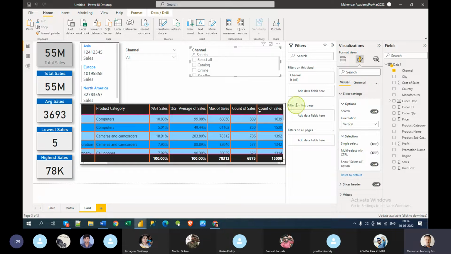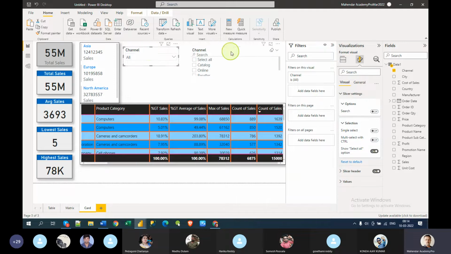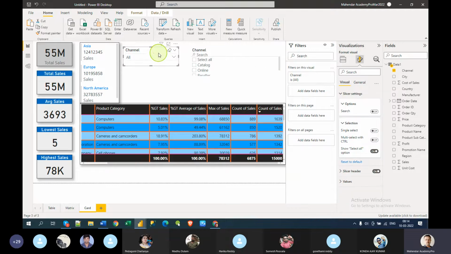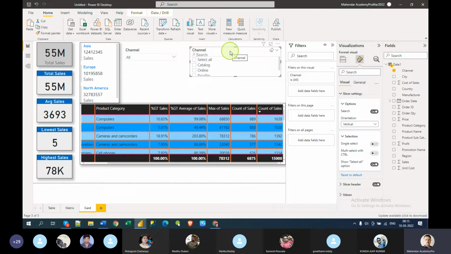So what we have understood is that, though list and drop down options are the same, this is for the text slicer. List horizontal orientation is available only for list, not the drop down or any other. Only list will have orientation, either vertical or horizontal. And we have seen controls, select, right tick, multi select, search, a lot of things that we have learned